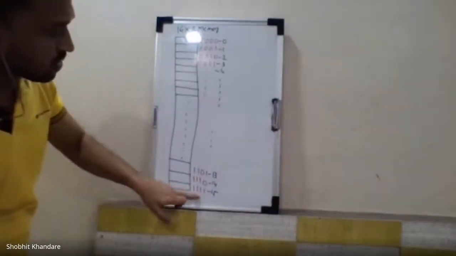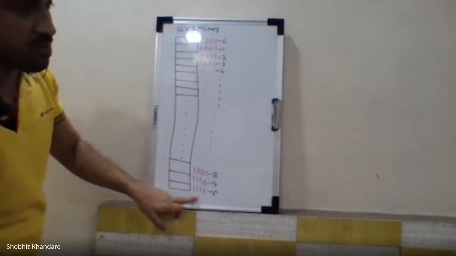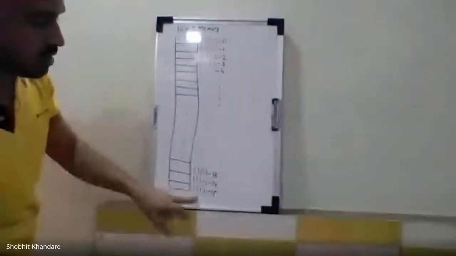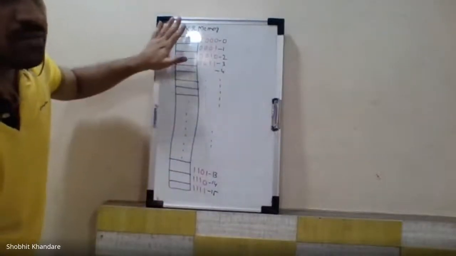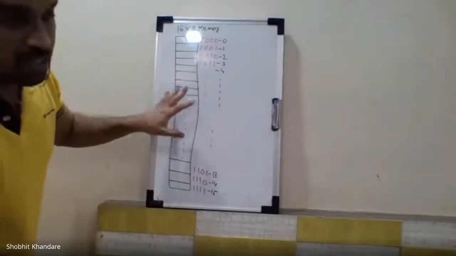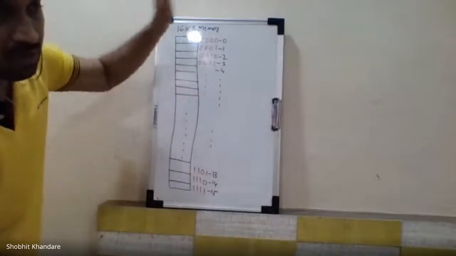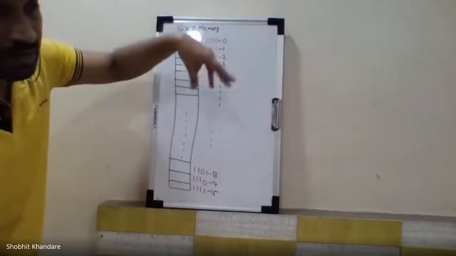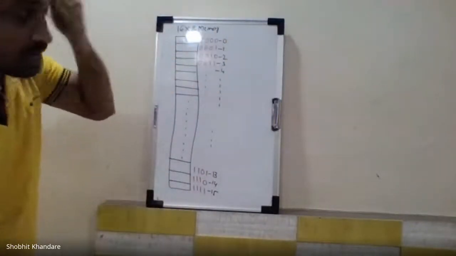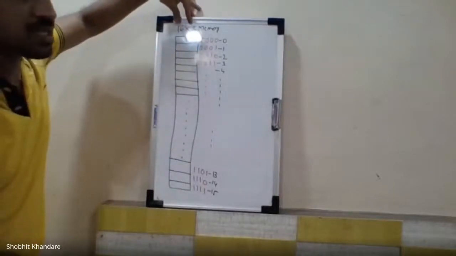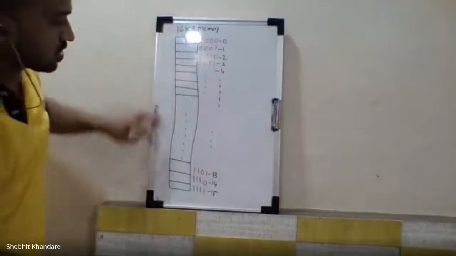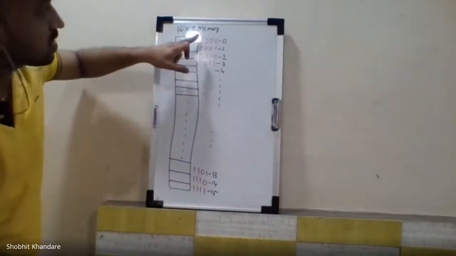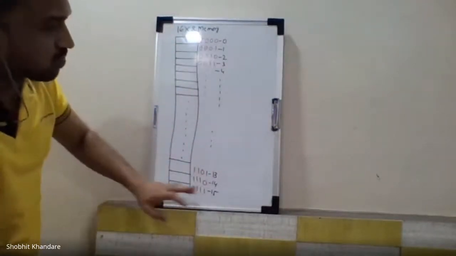Okay. Now to access my 16 locations, 4 bits are sufficient. So I have written from 0 0 0 0 to 1 1 1 1. I am giving you an example. You please try to correlate with our memory. So I mean to say that 16 cross 8 memory will have 16 locations, and the location address is from 0 0 0 0 to 1 1 1 1.